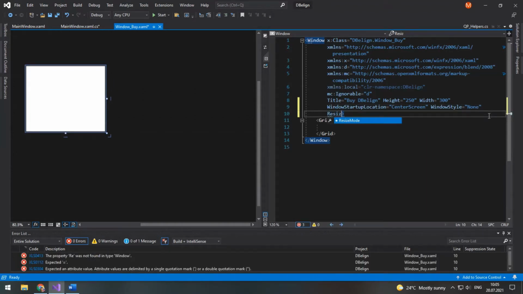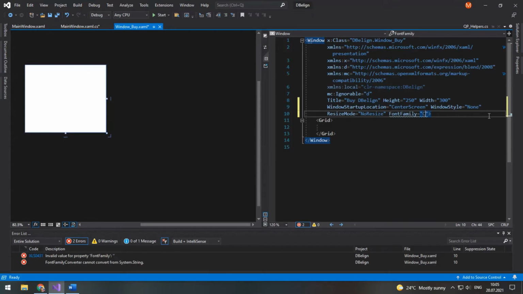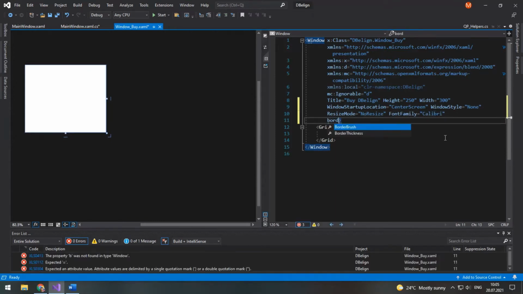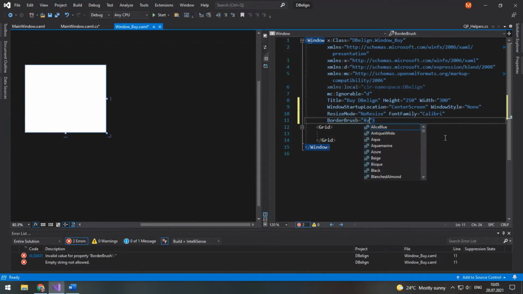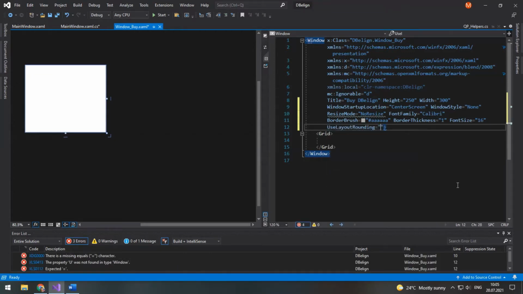The resize mode will be set to no resize, and I like using Calibri. Next, border brush will be hash AAA, and the border thickness will be set to 1, and I will increase the default font size to 16. And in order to avoid any blurry images, in case I have any, I will use layout rounding set to true.